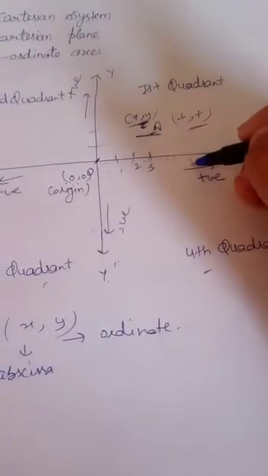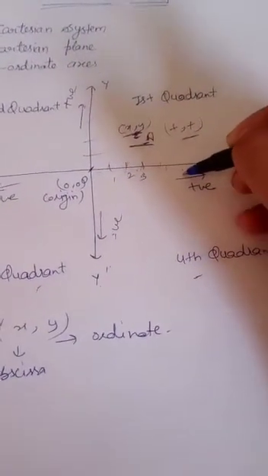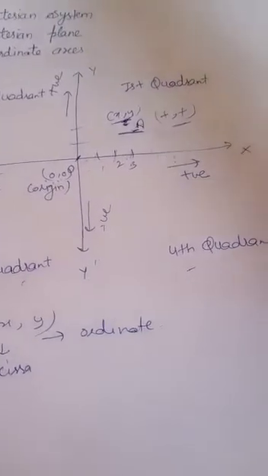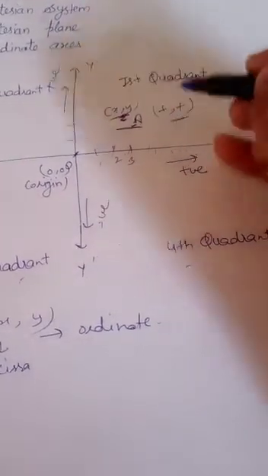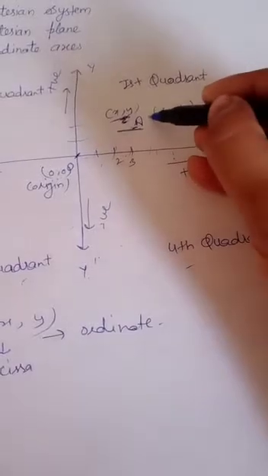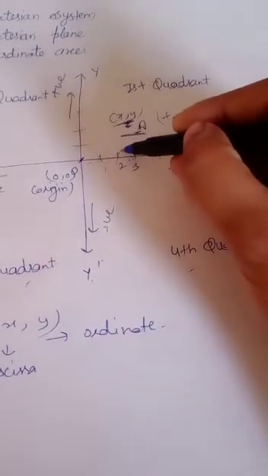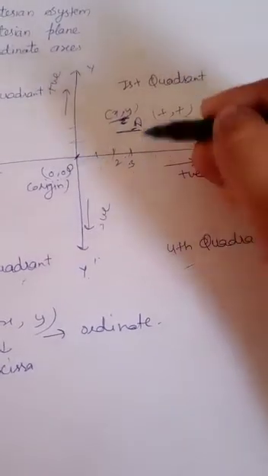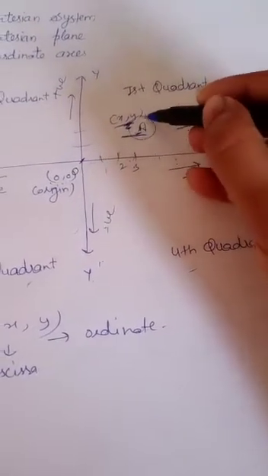It is the same as finding the address of any person's home, or telling the address of our own home. Firstly we tell the area, locality, then street number, and after that we tell the house number. It is right side, fifth number, or left side. In the same way here we are finding the position of a point.